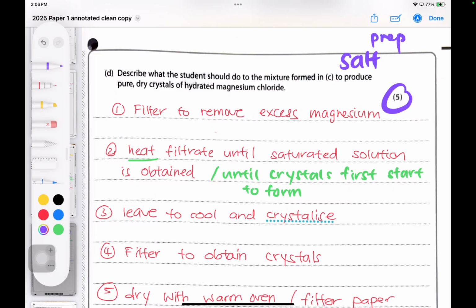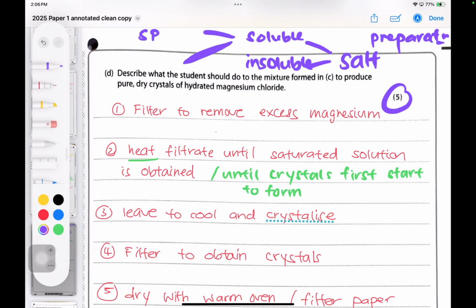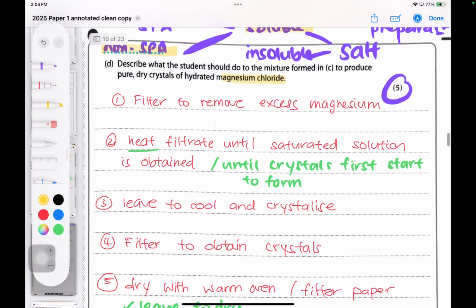This is under salt preparation. Under salt preparation there are 2 main types of salt. We have soluble as well as insoluble, and under soluble we split again. One is spar salt, and then these are the non-spar salts. What we have here is magnesium chloride. It's a soluble salt, but it's non-spar. So what we start off with is the excess magnesium. So how this will look like here is